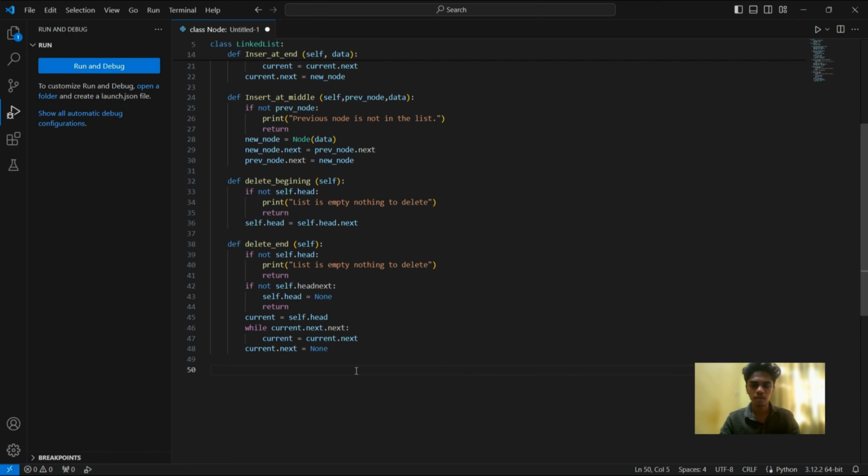So now we have to delete a node from the middle of the linked list. So to create a function, def delete_middle, in brackets self, e. If not self.head: